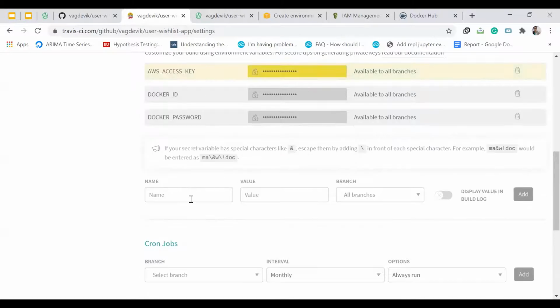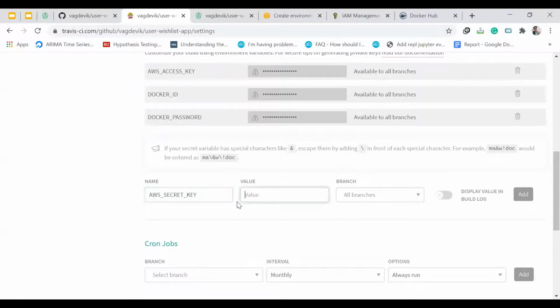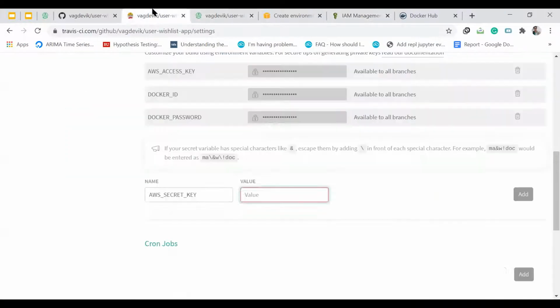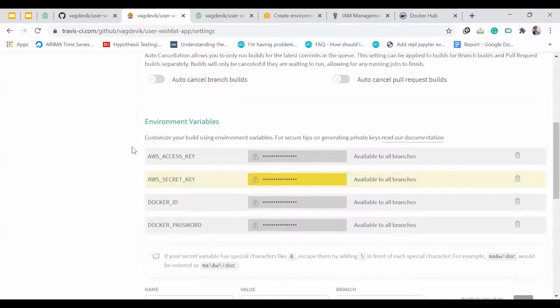Add. And then the AWS secret key. Copy it. Paste it here. And the value is this thing. Copy it and paste it here and add. Okay.